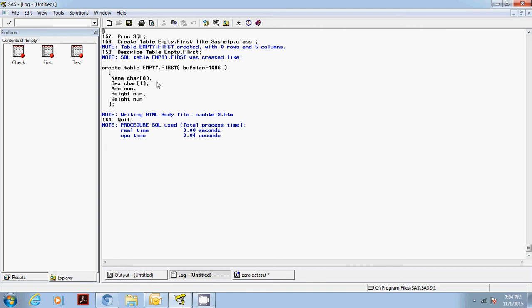I have created the table first, which has variables name, sex, age, height and weight. This is being copied from the table SASHELP.class, which definitely has observations, but it's just copying the structure of the table class from the SASHELP library.